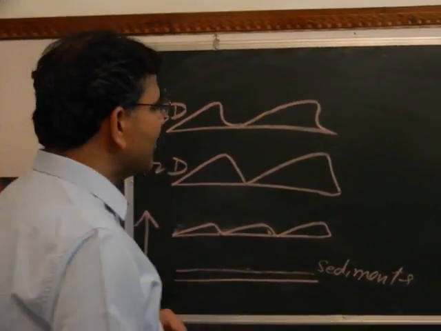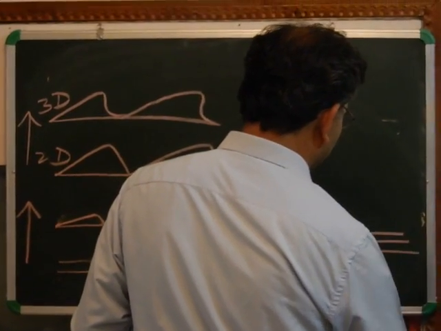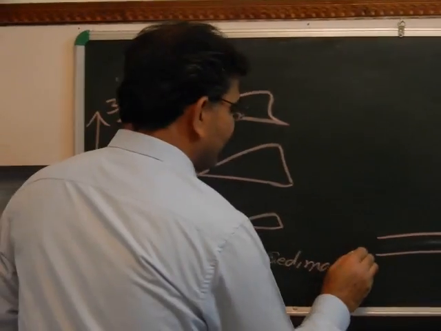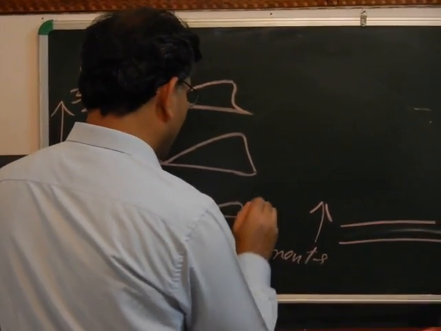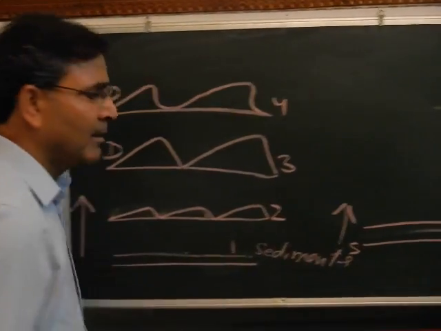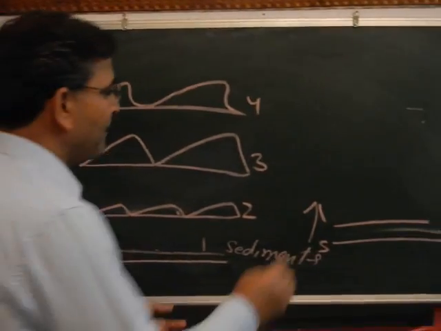With further increase in velocity, again the plane beds will be formed. The velocity is increasing in this direction. This is first, this is second, this is third, this is fourth, this is fifth. With further increase in velocity,